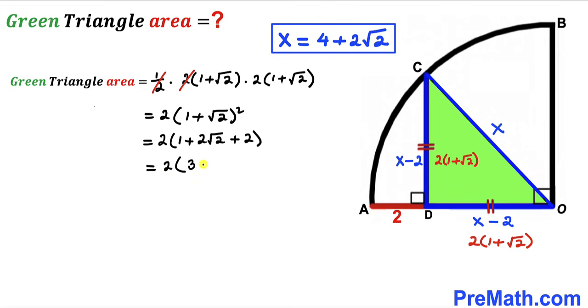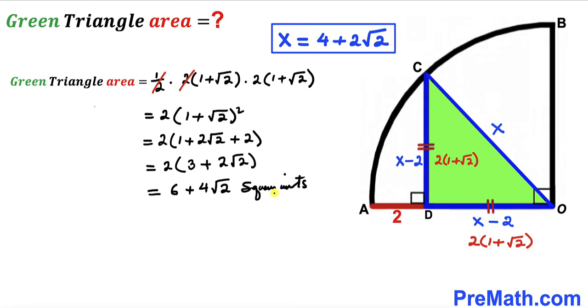That is going to be 3 plus 2 times the square root of 2. And now I am going to distribute. So that is going to give us 6 plus 4 times square root of 2 square units, the area of